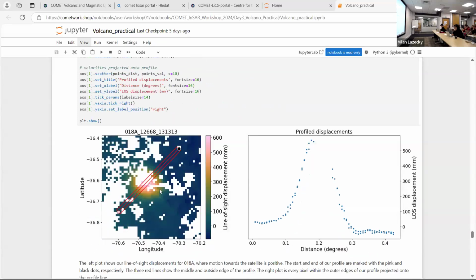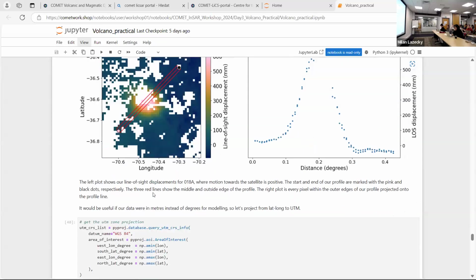And then we can play around with our different cross sections. The more you play around with the volcano portal, you realize that for lots of volcanoes that may be in tropical regions or have ice cover, this coherence can actually be a very, very significant problem. But for this example, it's good.